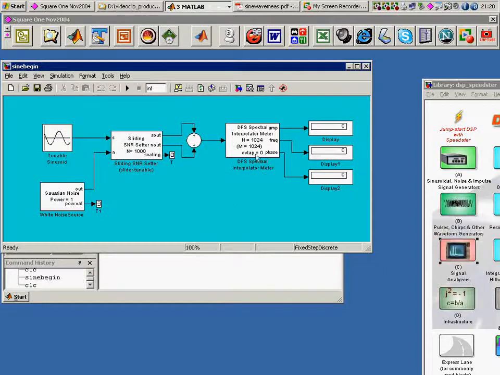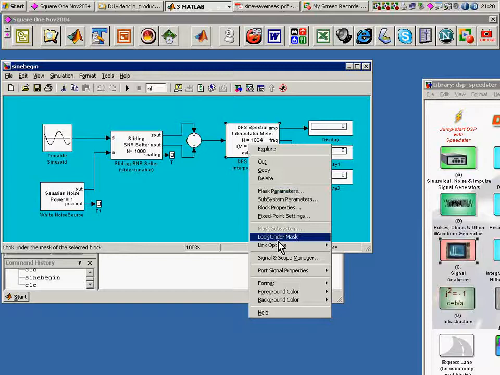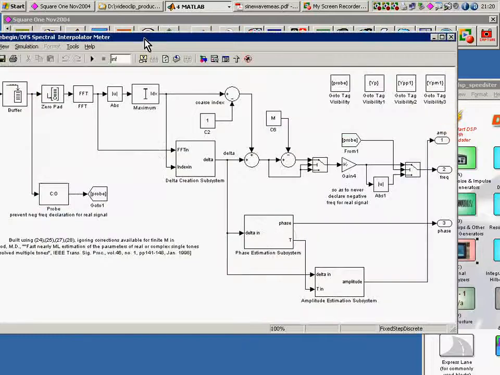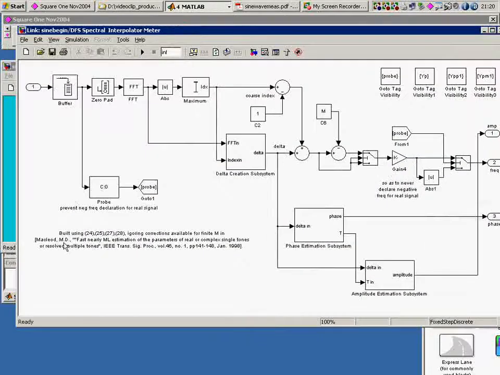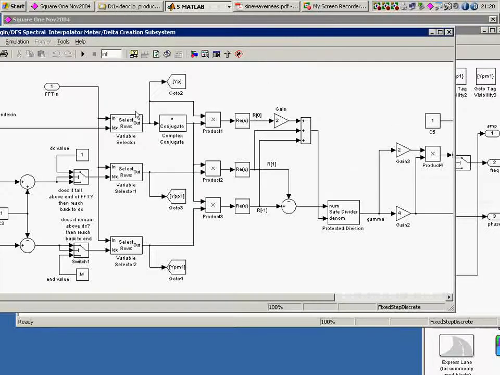And just to have a look to see what's inside of it, it's a very high quality algorithm. These are the references in here: Malcolm McLeod's algorithm, 1998, Transactions on Signal Processing. There's a reference to it. It's an FFT based algorithm. And if I push in to see a bit more detail, I see of course a